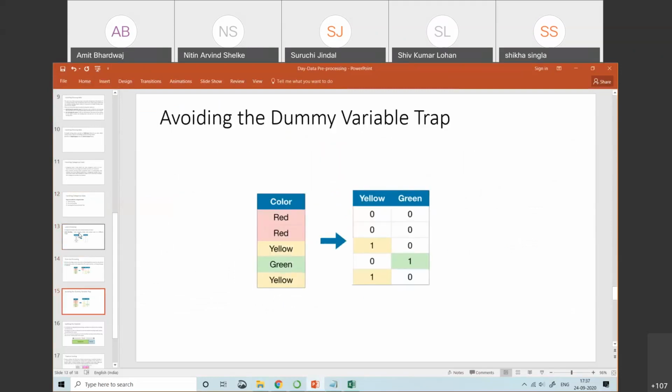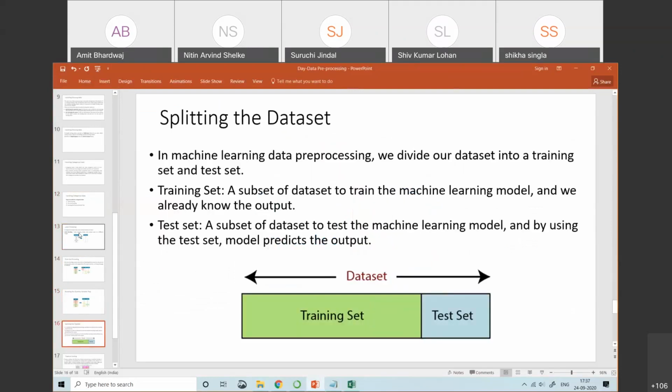Now the next important part is what? Splitting the data set. We generally split the data set into two parts. One is the training data set and another is the testing data set. So in machine learning, in the data pre-processing stage, we divide our data into training and testing. Training data set means a subset of